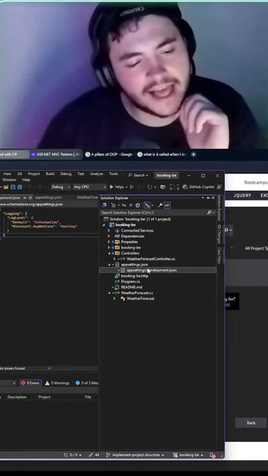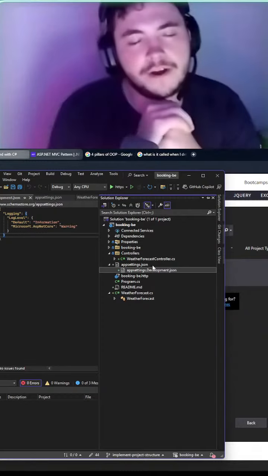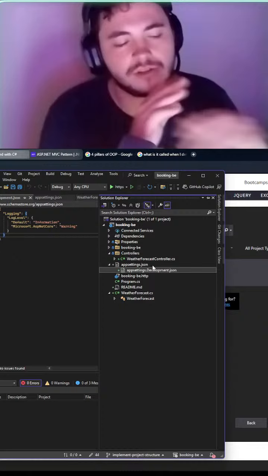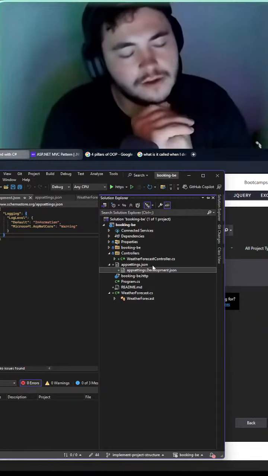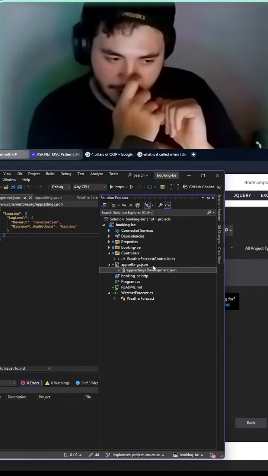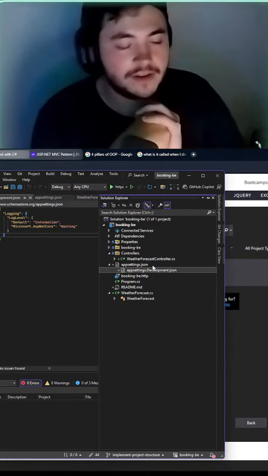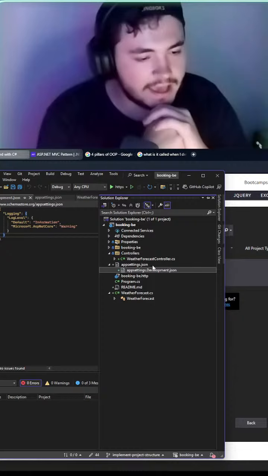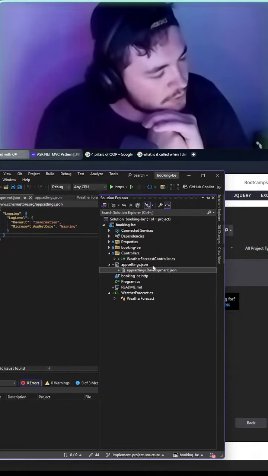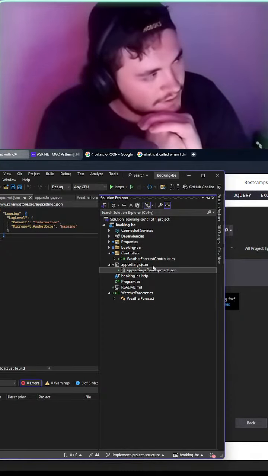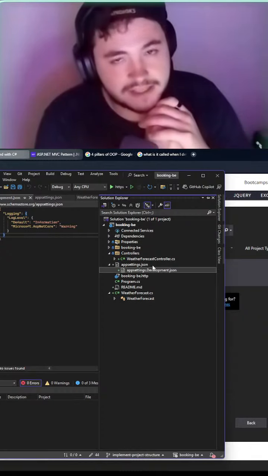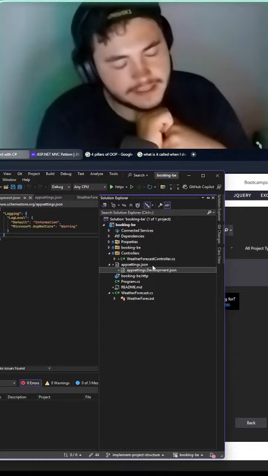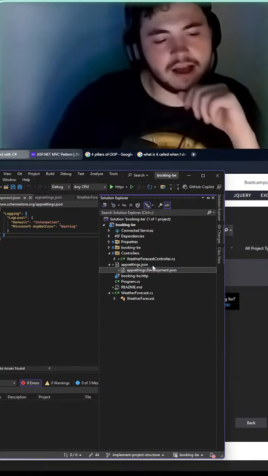So let's say I have a particular variable that is very important for my program to run, but it's so important I cannot hard code it because it's also dynamic, or it's super secret. I would put it in my appsettings.Development.json, just so I can work with it locally. And obviously, when our program goes to production, these secret variables will be stored in our environment and then called directly there. So that is cool.